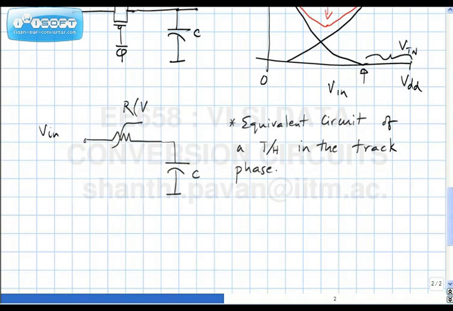And clearly, I want to emphasize the fact that the resistance depends on the input voltage. If Vin was some VDD plus VDD by 2 plus A, say cos omega t,